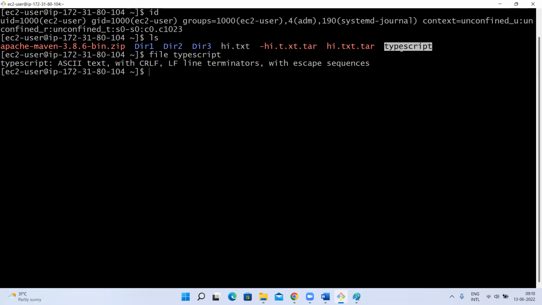The file command reads the format of the text present inside a file and finds out what type of file it is. It is giving ASCII text. So this TypeScript is a text file. In case the file doesn't have an extension, or you want to know what type of file it is,